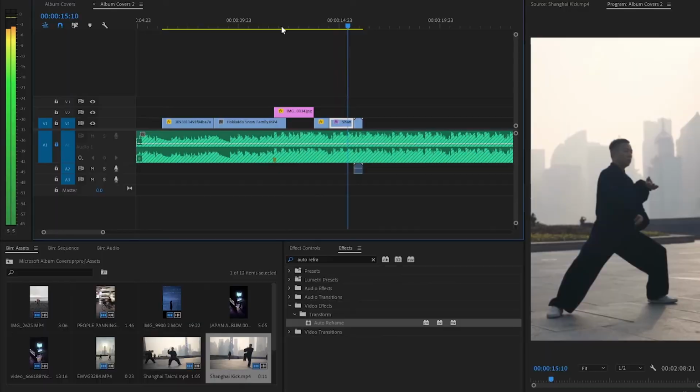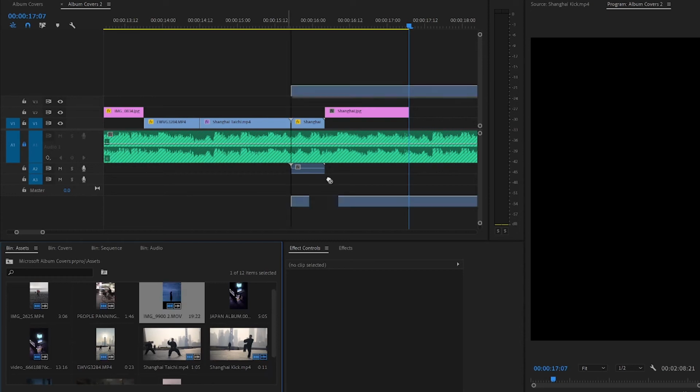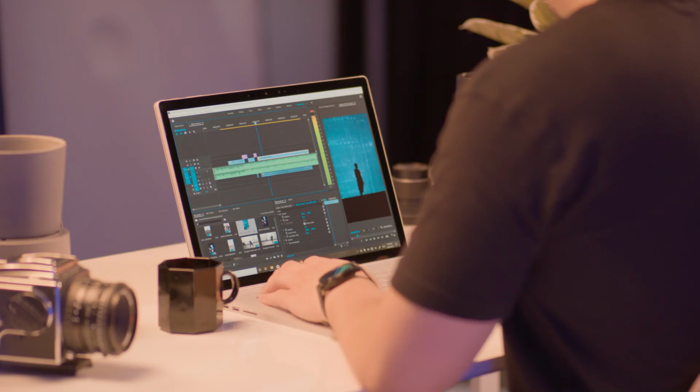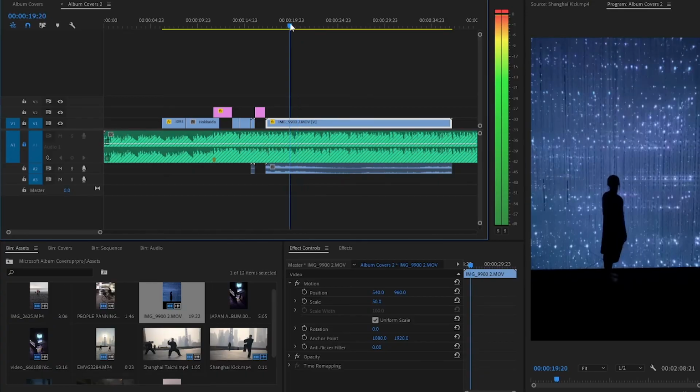All right, so now we're going to move to the third one, which I'll show you a new technique of how to make an album cover from a screenshot. We're going to drag the video clip in first. I want our head just turning right, and so the screen's bright enough as the lights flicker. So about there, and hit export frame, which can be done by pressing Control, Shift, and E.